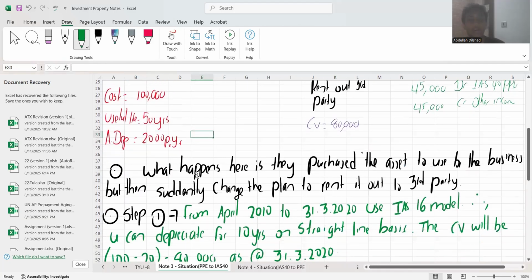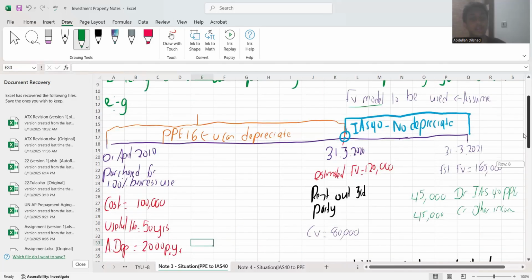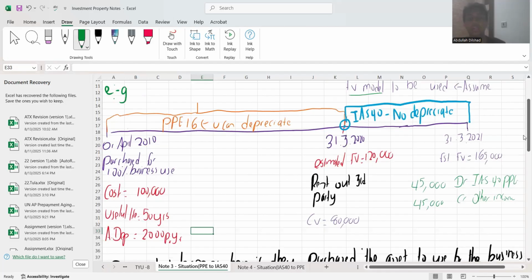Okay. What happens here is the building is purchased as an asset for the use of business, but suddenly there's a change of plan to rent it out to a third party. That is what is happening. Initially, he bought it in 2010 with the intention of using it for business, but on 31st March 2020, he is